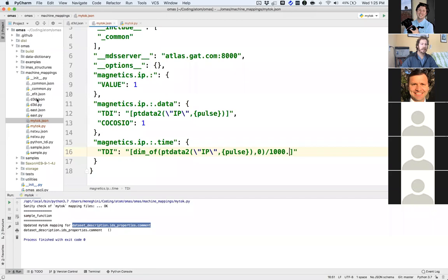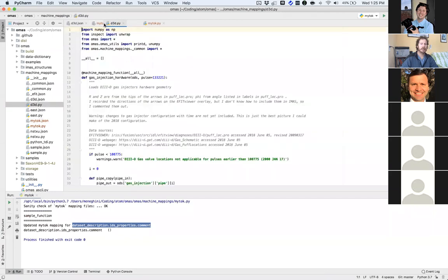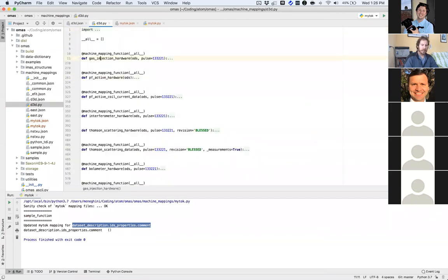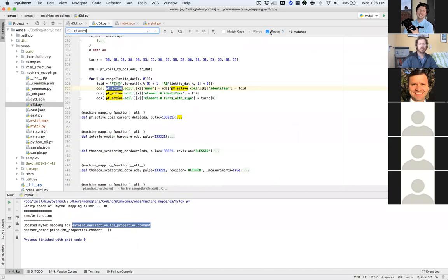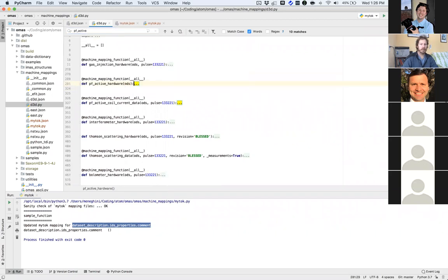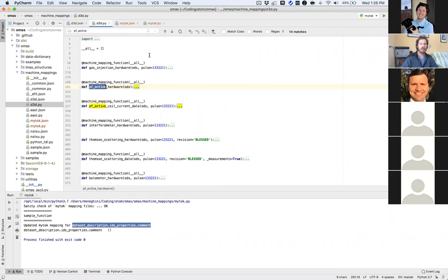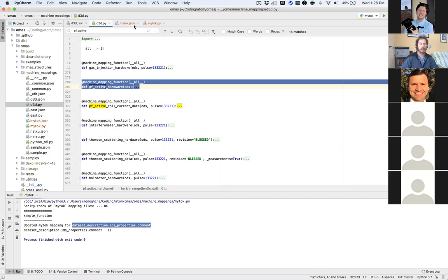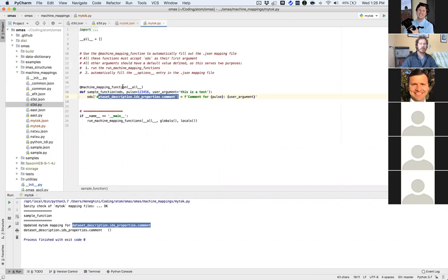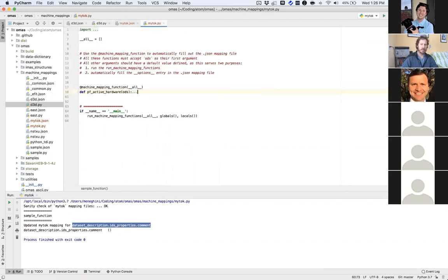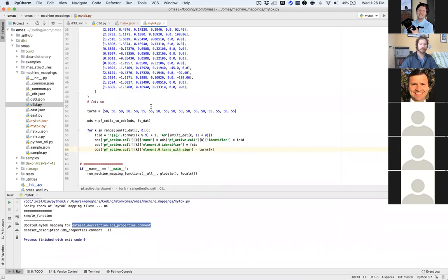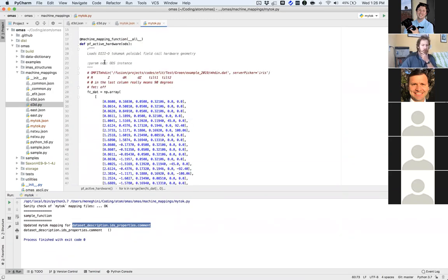Let me get the D3D.py. And again, we're looking for PF active. So we have a PF active hardware and a PF active coil current. So we're going to start with this one. We're going to copy it here, and we're just going to host the sample one that we had. Okay. So here,